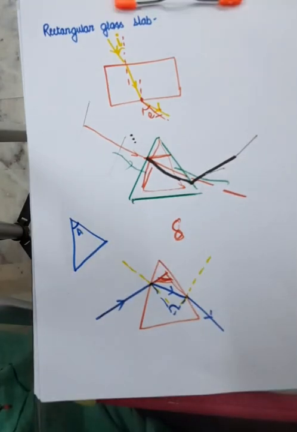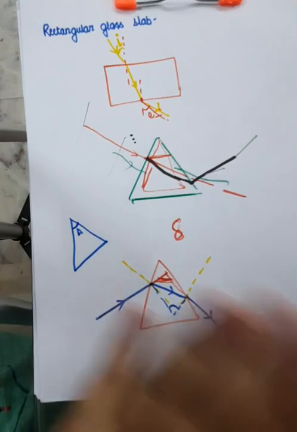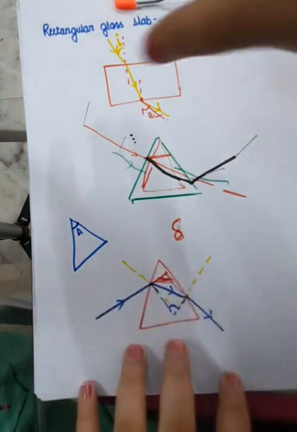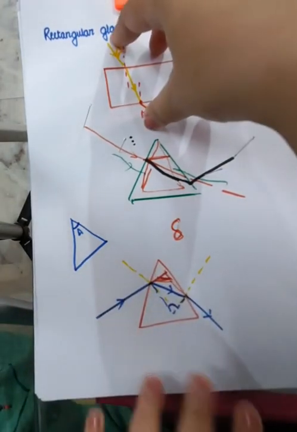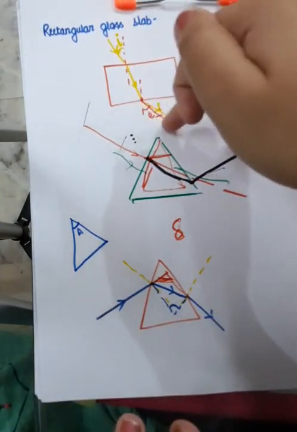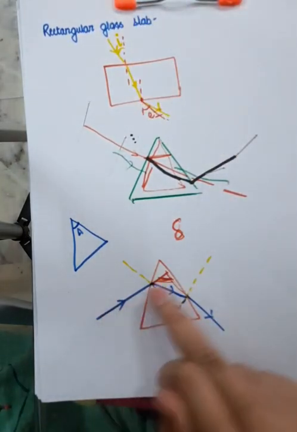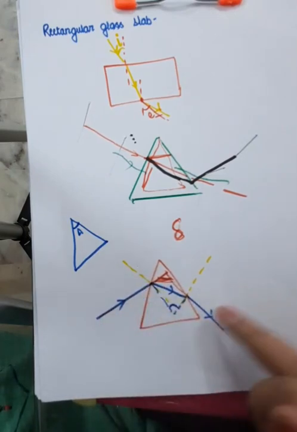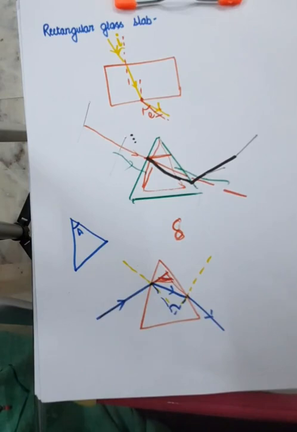These are the two refractions through a glass prism, and this was the rectangular glass slab. What is the difference between the two? In the slab, incident light ray is parallel to emergent ray, and here incident light ray is not parallel to emergent ray. And what is the similarity between both of them? That both of them show us two refractions, one from rarer to denser and the other from denser to rarer.